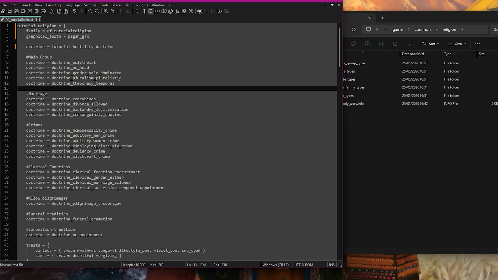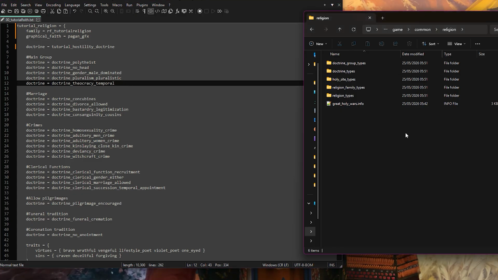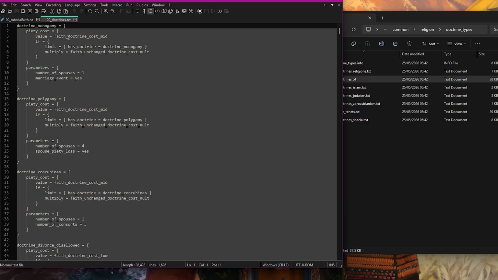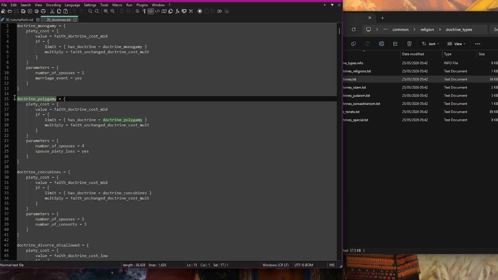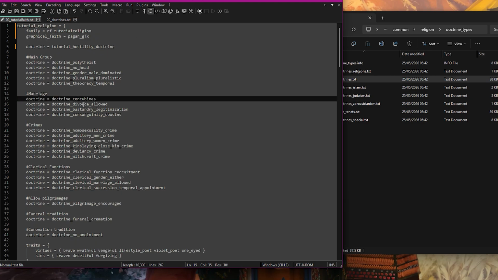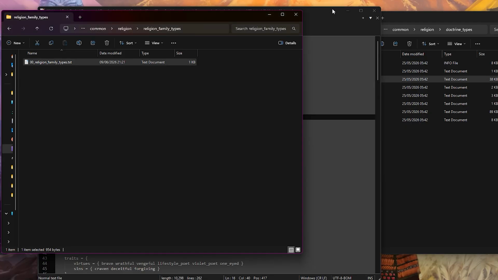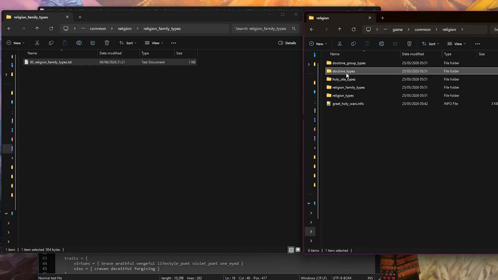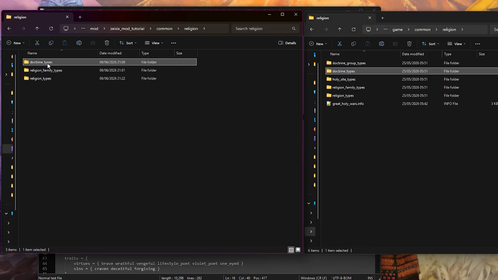And now moving to the doctrines of the religion. If you just want to use doctrines that are in the game, they will be in doctrine types. If you open this file, doctrines, you will see that all here, right? So you simply copy this and then paste it into here like that. And you can do that for all the doctrines. But we will take it one step further, and I'll show you how you can create your very own. So we've already got the doctrine types folder. So we just go into that,